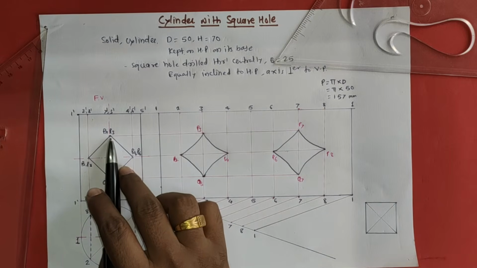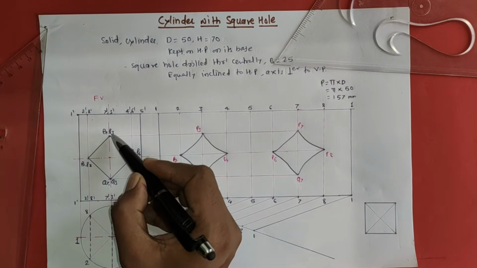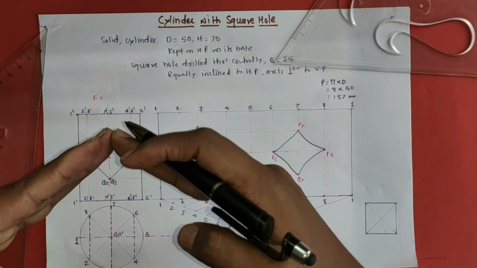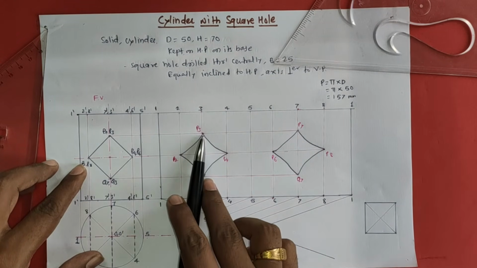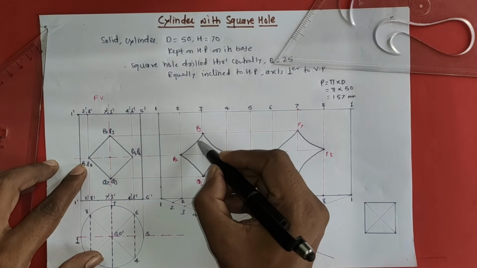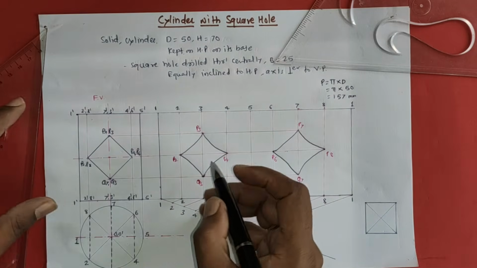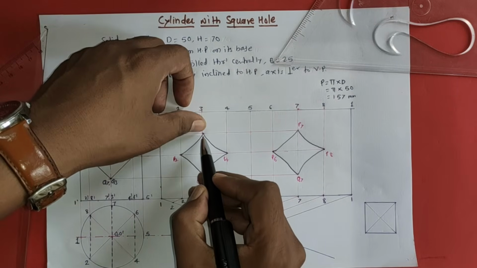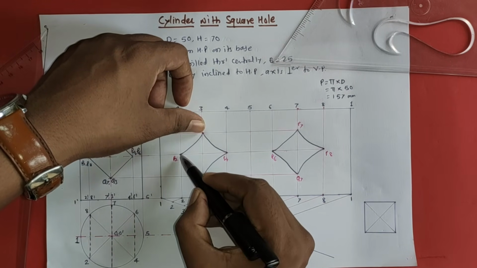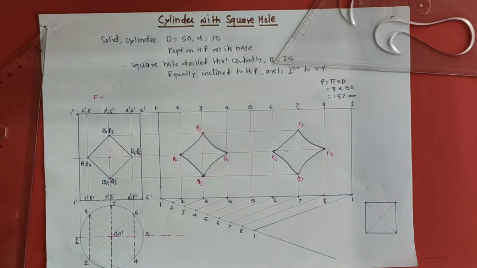Just keep it in mind here that there is a change of surface. This edge P2 P3 is a straight line and P3 P4 is again a straight line, and there is a change of surface here. So due to the change of surface you will get a curve here with an instant change in its curvature. From P2 it will go to P3, then from P3 to P4, the change of surface should be visible here. It will not be like this, P2 then P3 then P4.